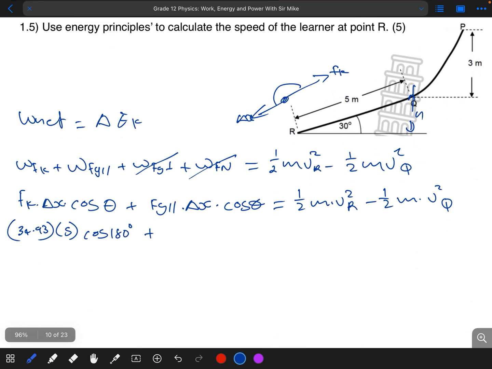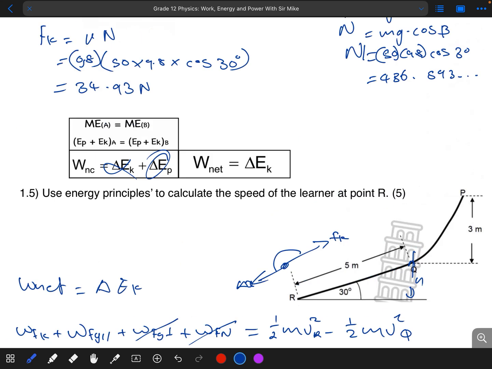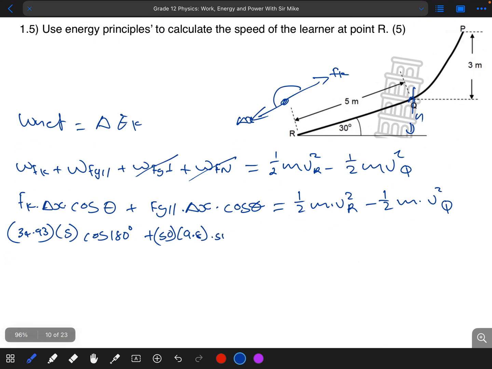So this will simply be equal to the mass, which is 50, multiplied by 9.8, multiplied by the sine of the angle of inclination, which is 30. So this is your Fg parallel, but we multiply that by the displacement, which is 5, multiplied by the cos of